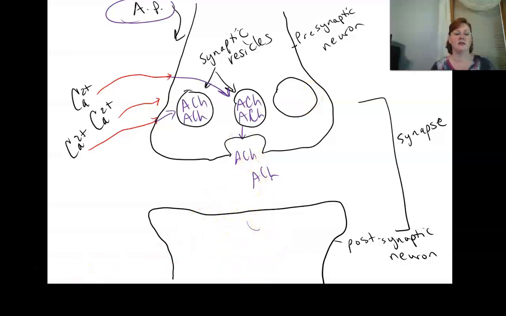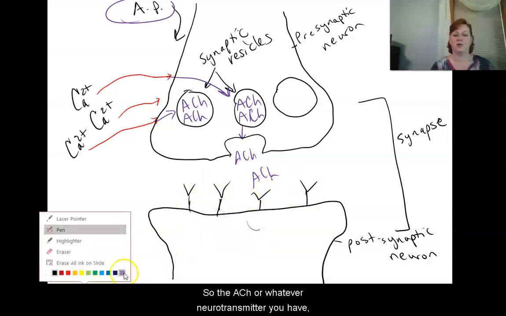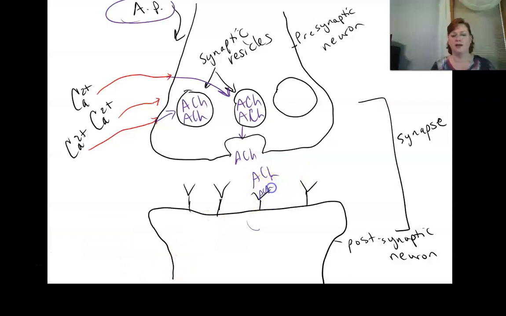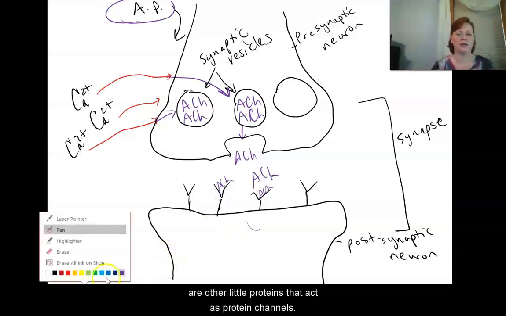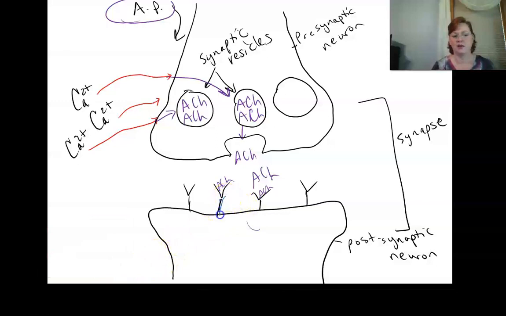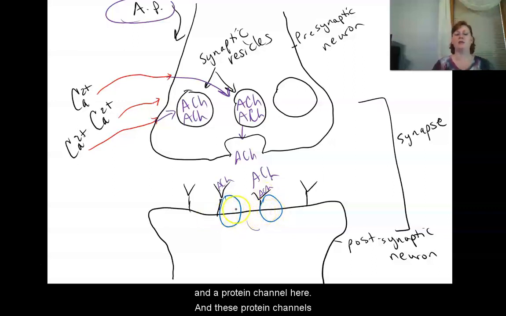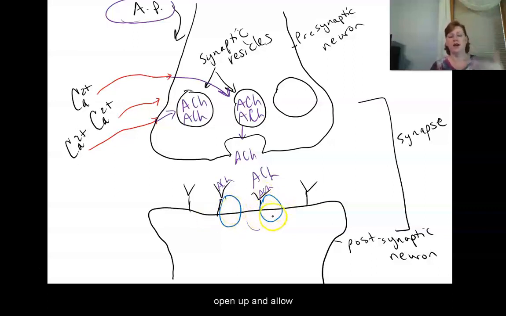receive this signal. And we do that using protein receptors on the surface of this cell. So the ACH, or whatever neurotransmitter you have, is going to bind to those receptors. And conveniently attached to those receptors are other little proteins that act as protein channels. So we end up with a protein channel here and a protein channel here. And these protein channels open up and allow